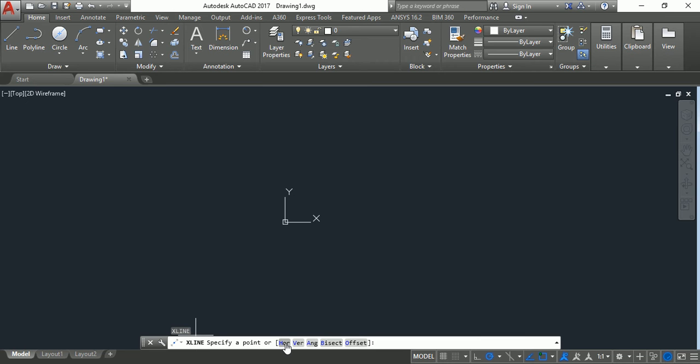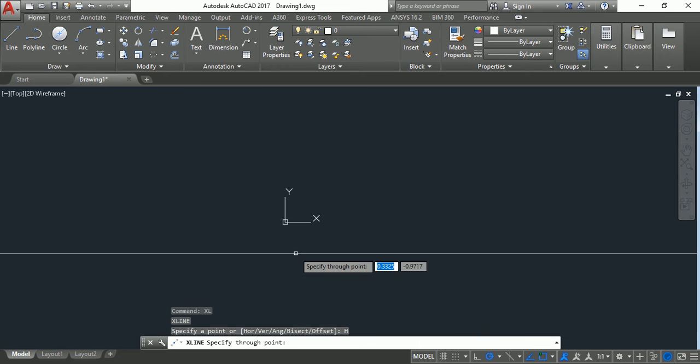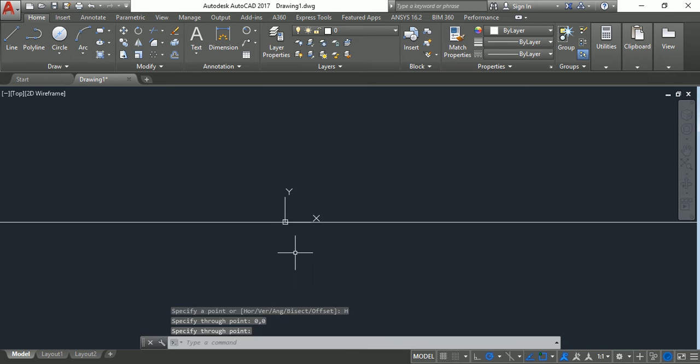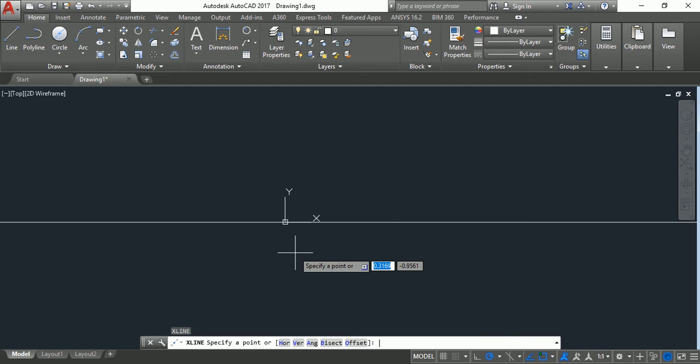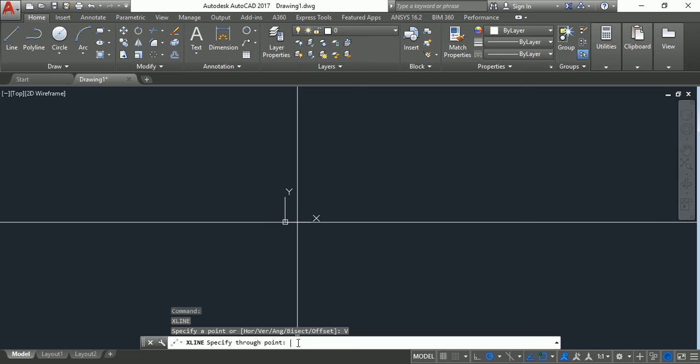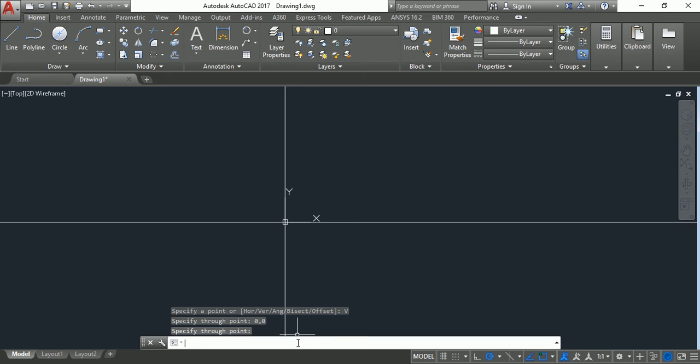Now we will go to horizontal line and take the through point as 0, 0. Again we will go to the next infinite line and take the vertical line and take it as 0, 0. Here 0, 0 stands for x and y coordinates respectively.